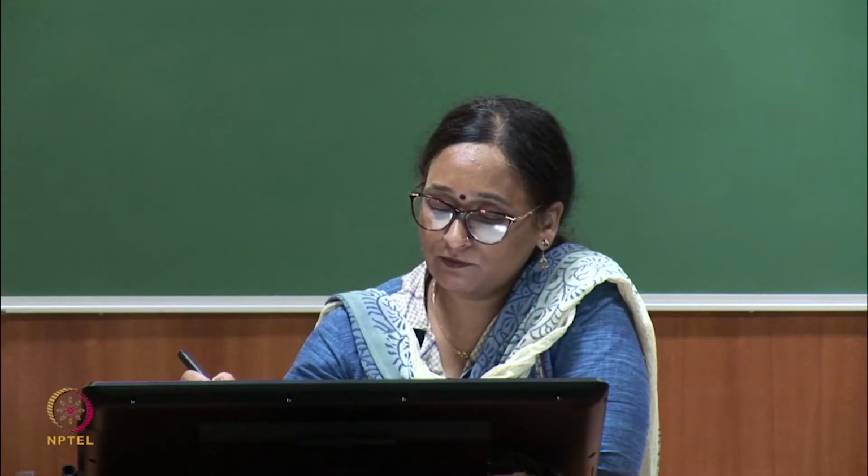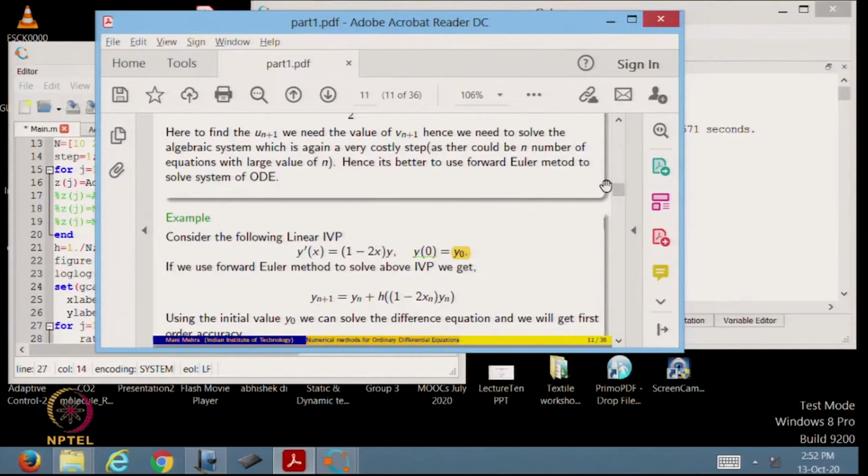Okay, so, if you remember from our previous lectures, we have taken one example which is this. We consider the following linear initial value problem y dash is equal to 1 minus 2xy, where the right hand side was 1 minus 2xy and the initial condition was an arbitrary y 0. So, in today's lecture, we will focus on the following example of an initial value problem and we will try to solve this initial value problem with the different numerical methods which we have already studied in previous lectures.